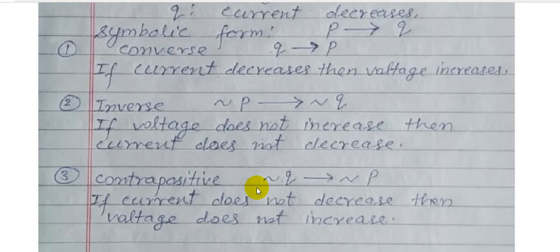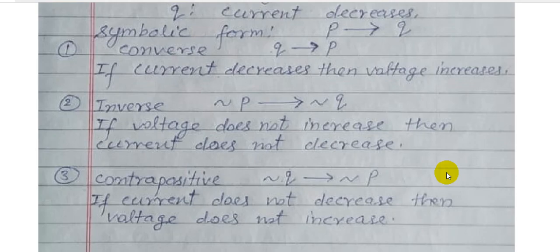See once again, first you have to write the given statement as two different statements, P and Q. After that, you have to translate the given statement into symbolic form, right? Symbolic form means P conditional Q. For the converse, we write it in the reverse order, means we replace if and then and start from if. Reverse order, Q conditional P for the converse.